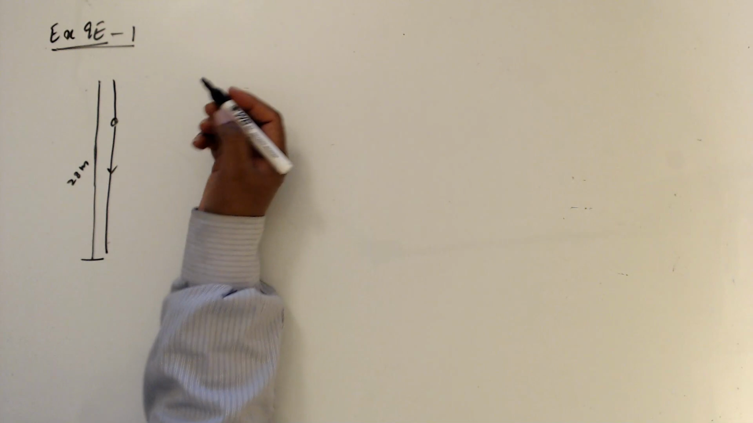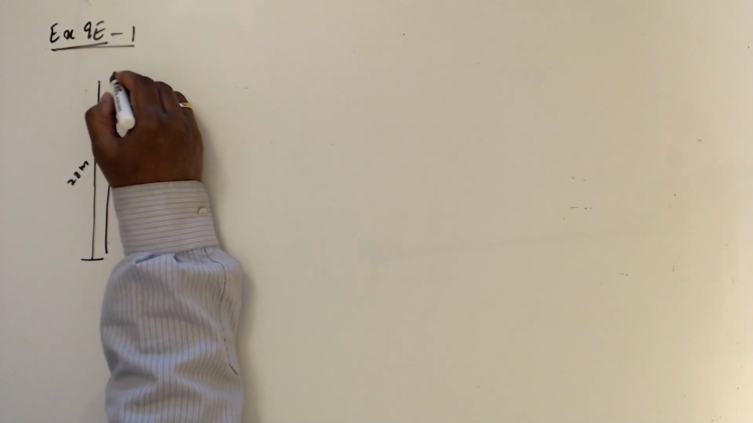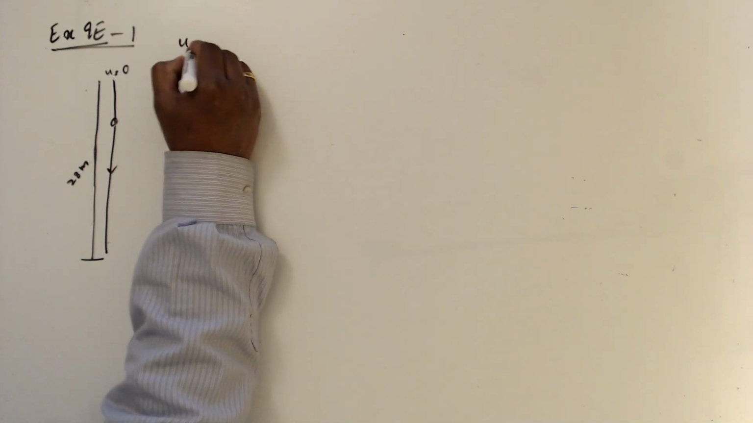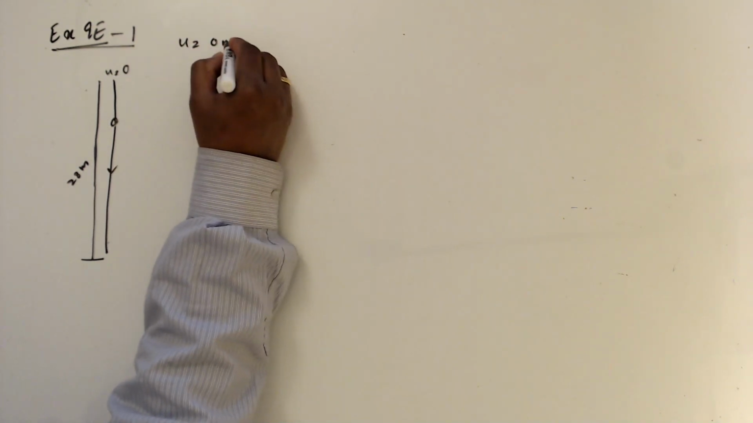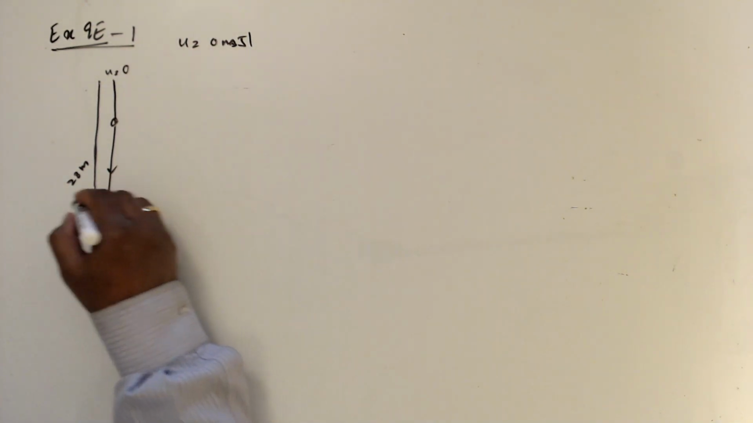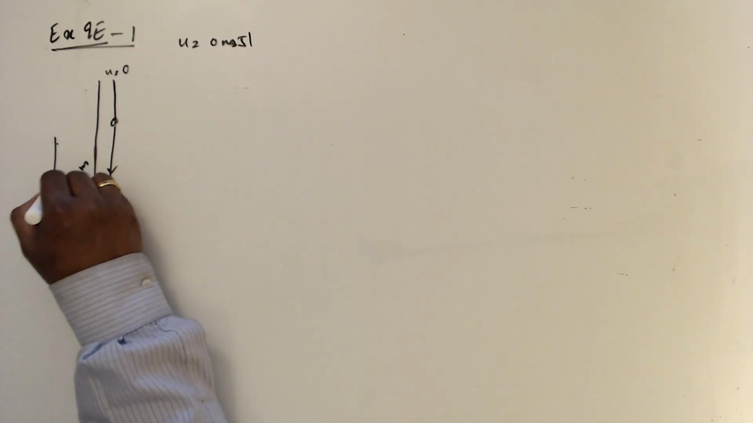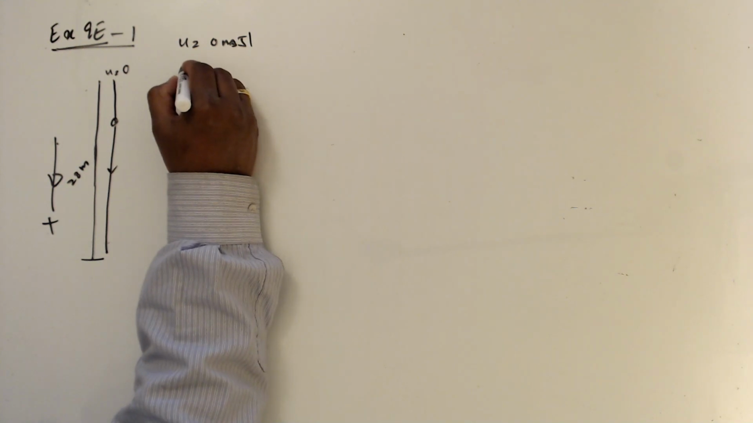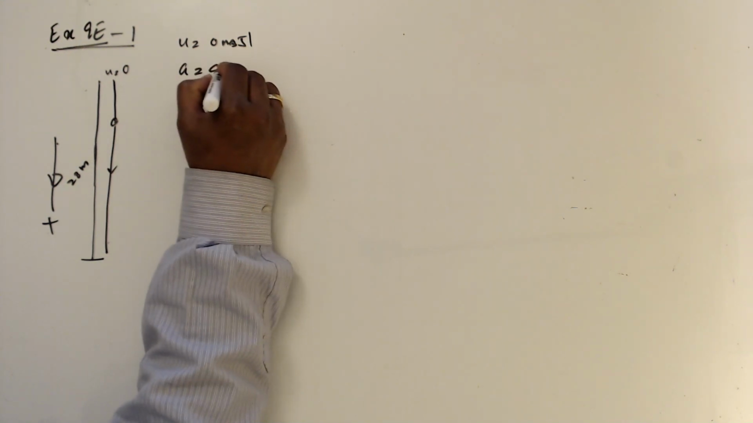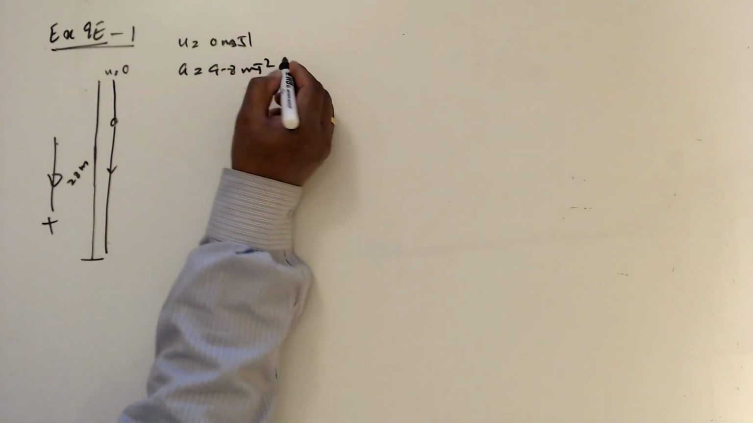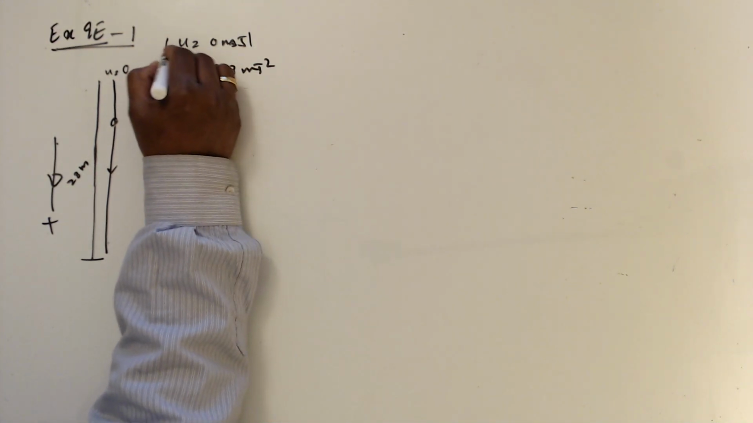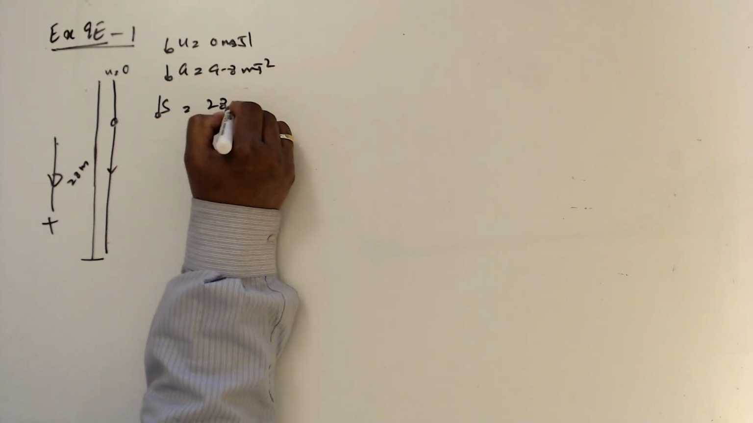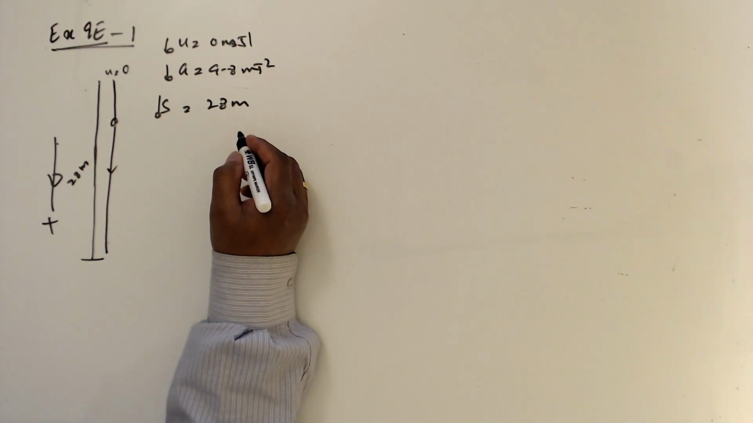His initial velocity u is 0, so u is 0 m s^-1, and we'll consider this direction as positive. a is 9.8 meters per second squared in this direction, and s also we'll take as 28 meters. So we need to find the